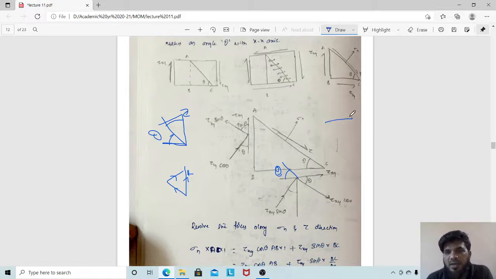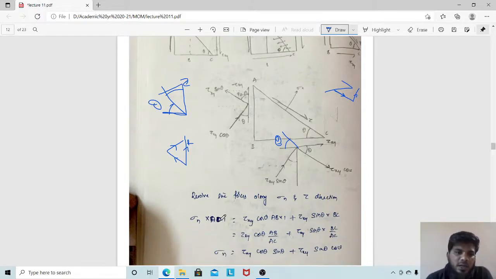We are traveling from left to right. Obviously we should travel this way, then we should travel this way. So this is the direction of this component, and this is the direction of this component. What is this vertical component? It is tau. So given this direction, clear? Hope clear.